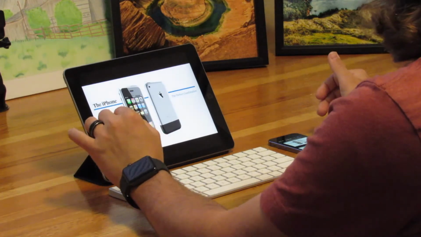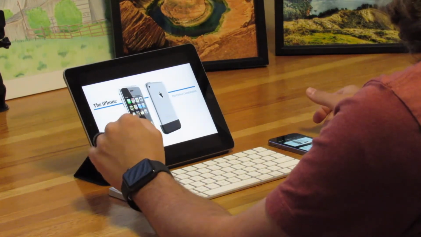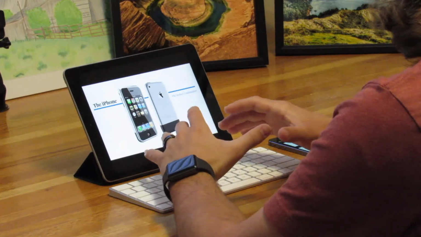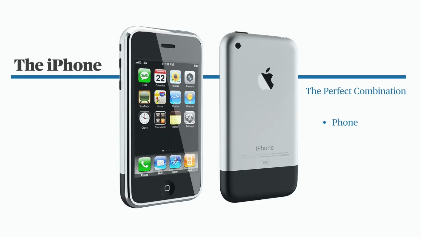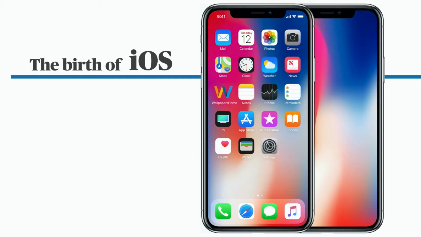If we look at the iPhone, when Steve Jobs first released this, in the keynote speech that he gave, he came out and said that it combined three very important and influential things to our lives. It combined a phone, the greatness of the iPod with listening to music, and web browsing. Steve Jobs believed these three things to be very important for the world that we live in, that it would be important that we have all three of those things. And because of that, it became one of the most important and best mobile phones of its time, even today. And that was the birth of iOS.